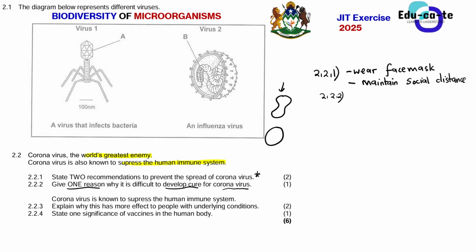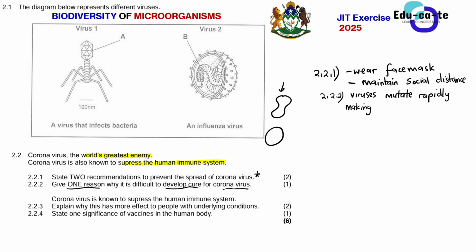It's because viruses, they do what? They mutate quickly. So when you answer this question, you say viruses mutate or they change. If you don't remember this word mutate, you say that their gene structure changes, or you can say that their structure changes. So viruses mutate frequently, quickly, or rapidly, something in that direction. So viruses mutate rapidly, making it difficult to develop one solution or one cure for all the variations that this virus will become.